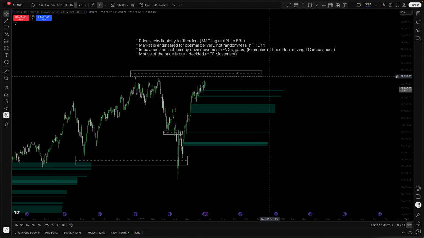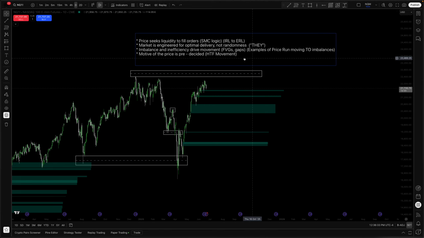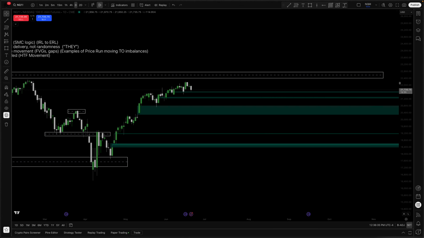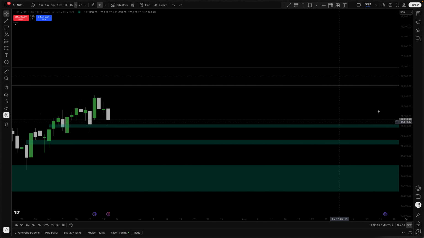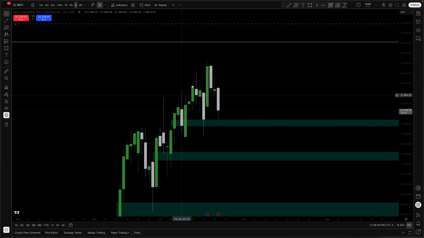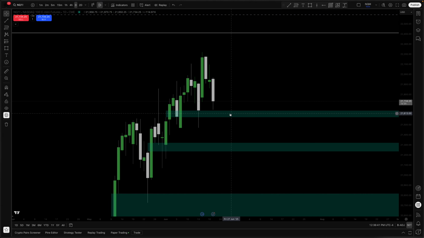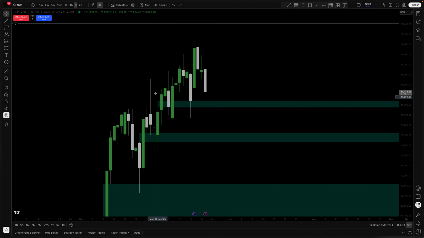Move is pre-decided, high time frame movement. It's not going to disobey the high time frame, right? So what happened today? We fell short of just touching this again. You don't have to just touch it once and go back, but you have to close above it for the bullish gap to maintain. For example, this